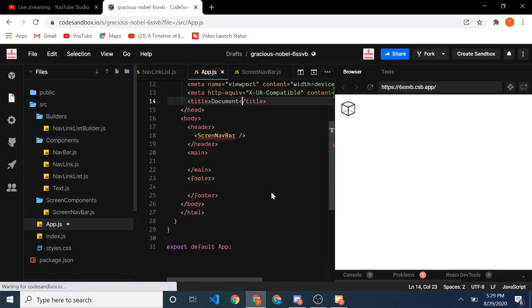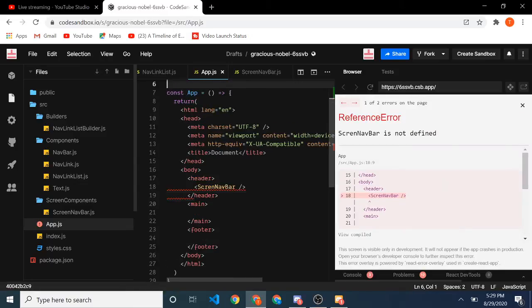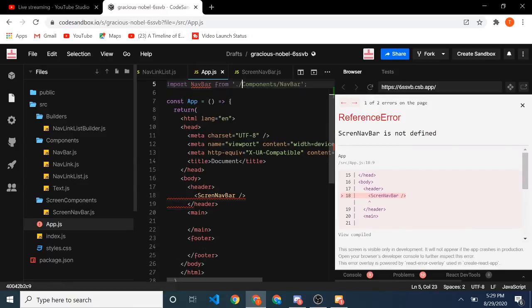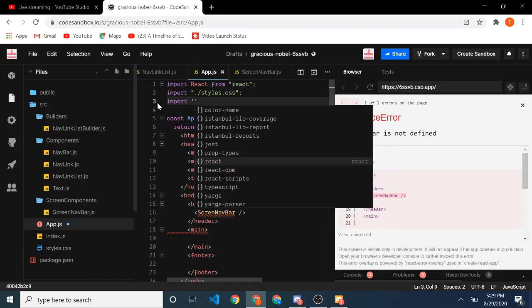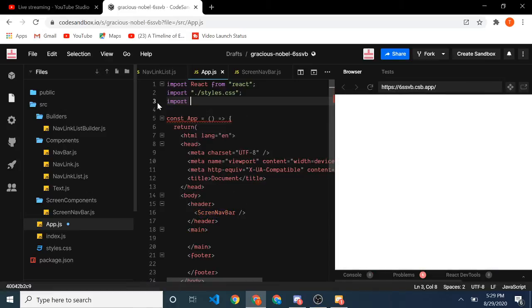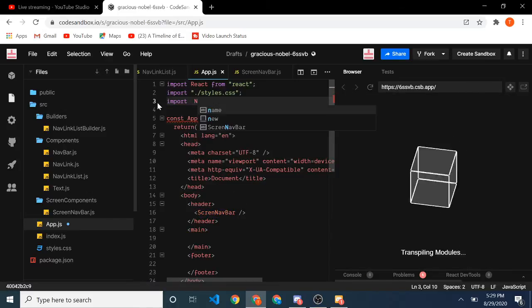And then once you've done that, we should be able to import. No need for all of these. We just need to import the navbar list, the screen navbar,